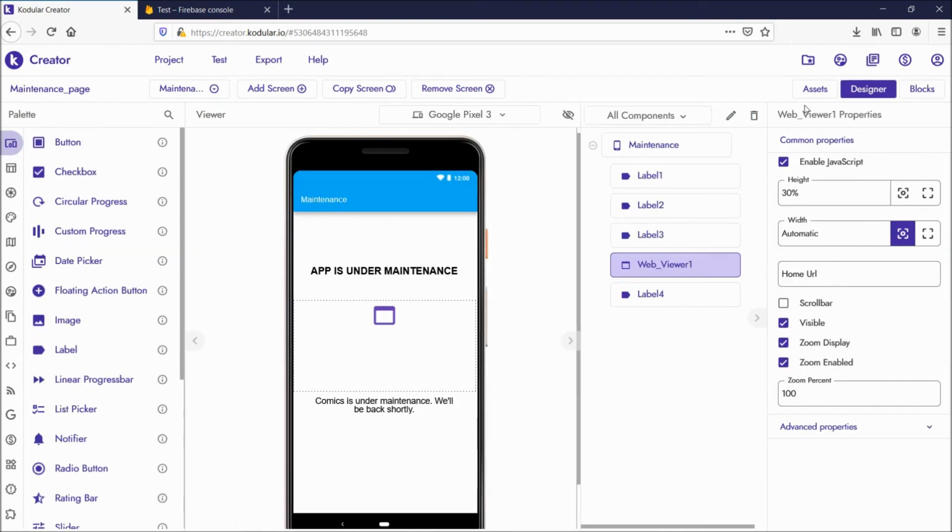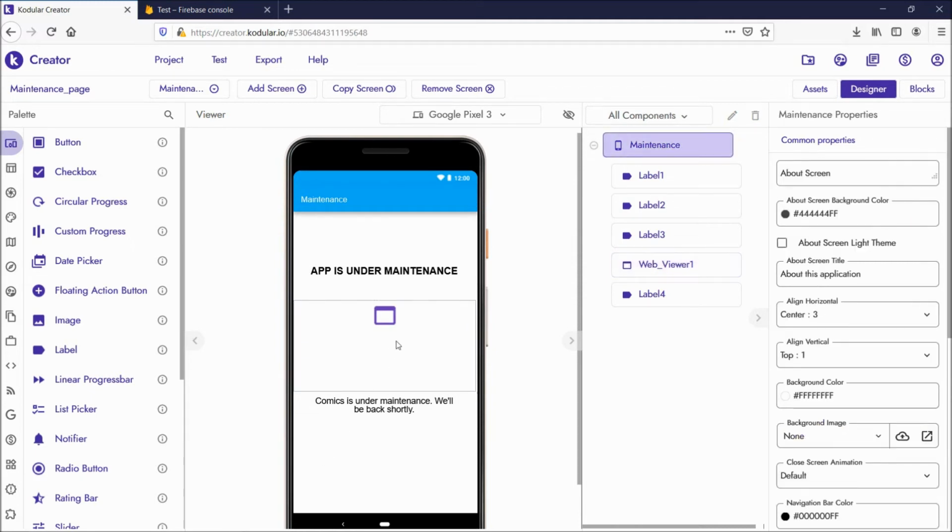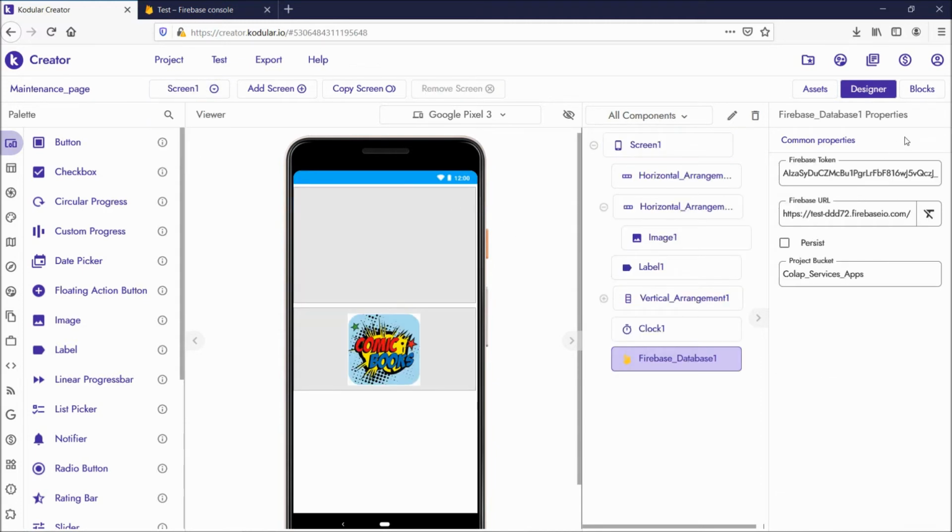So it's different. Here 30% is the height of the web viewer, and inside we gave the code, that is the image height and width. So these are the maintenance screen blocks.